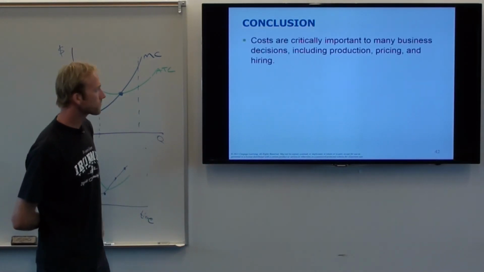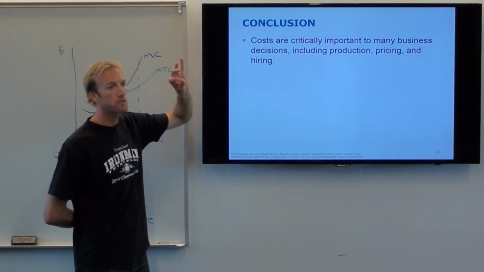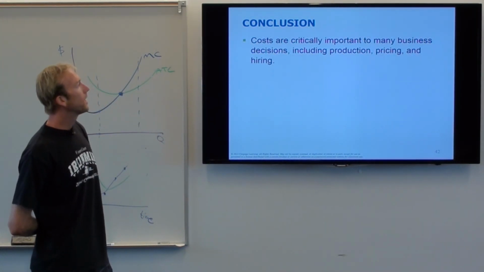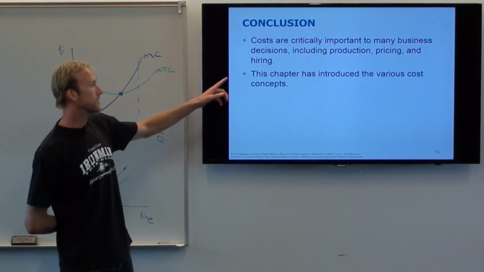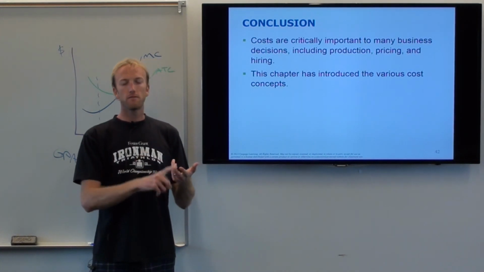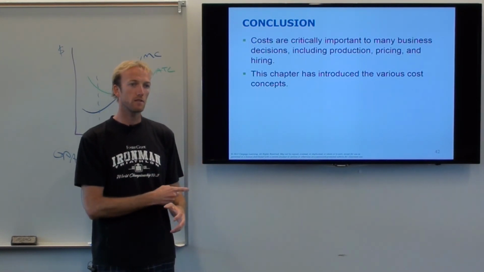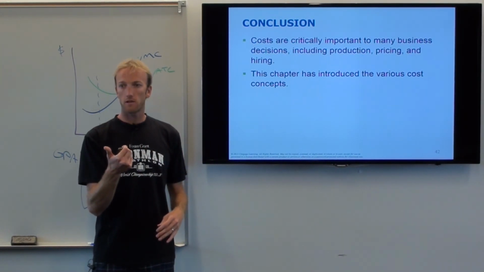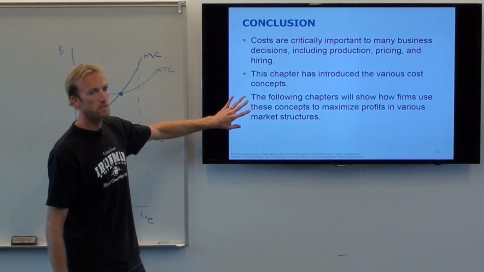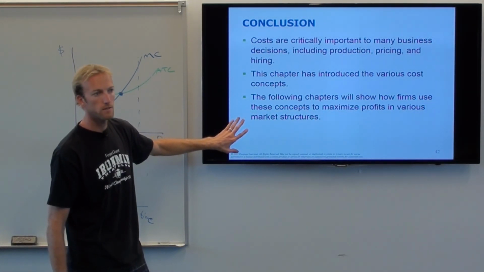Okay, so costs. Very important. It also happens to be very important for chapters 14, 15, 16, and 17. So you'll have to know this chapter for the next 4 chapters we're going to do. We have the various cost concepts. We have total cost, variable cost, fixed cost, and we have all the average versions of them. Average variable cost, average total cost, average fixed cost, and the most important cost, marginal cost. Okay? And then in the next chapters, 14, 15, 16, 17, we're going to use them, and we're going to talk about profit maximization in different factories.